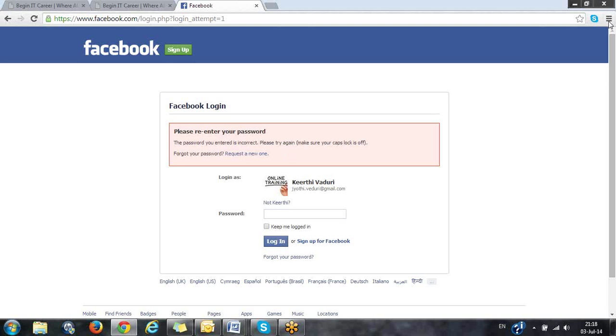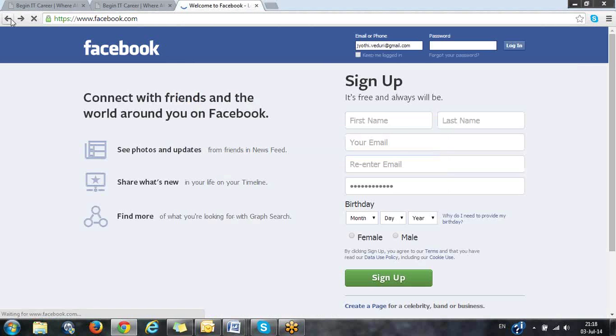See, what is happening in the backend is that the moment you give a username or a password, it is verifying whether you are a user of Facebook or not. If yes, it matches it with the password which you gave through the sign up page. So it is mapping your username with the password you gave. It verifies both, and if they match, you get the home page.